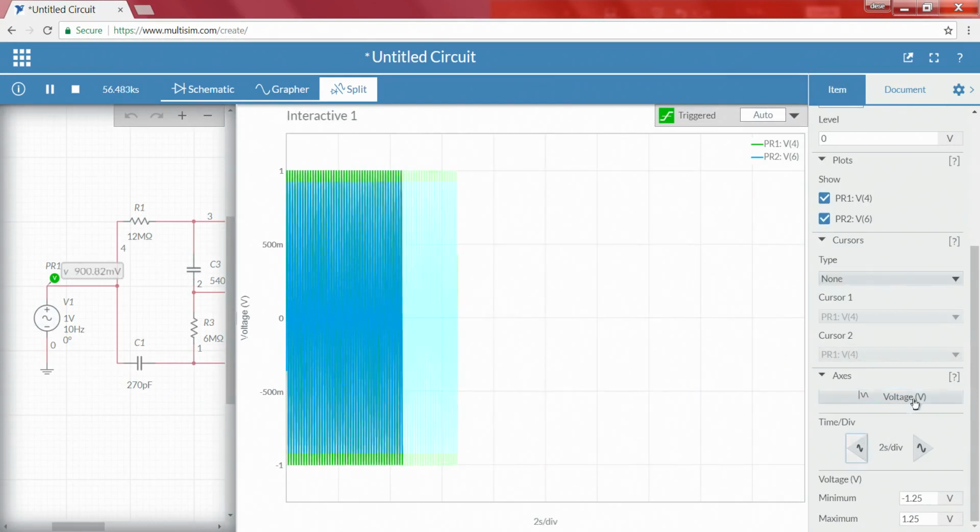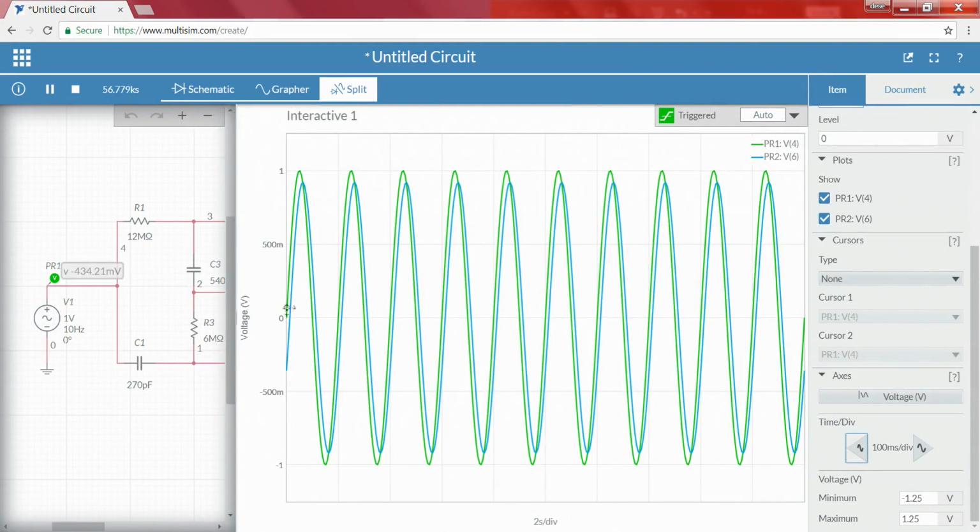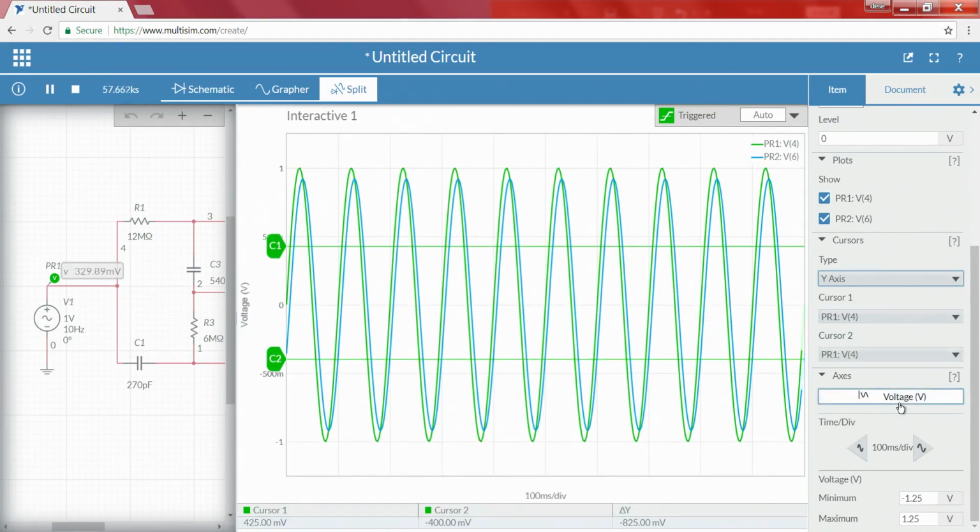Now, if you observe, let me change our time divisions. Here we can clearly see that this is our input, the green color, and this is our output. Now, how do we understand the particular point that we have to consider? In order to make it easy, let me create a cursor. The cursor point should be somewhere around 707 millivolts. Let me move very close to it, at this point. I just keep the cursor at 707. This is nothing but our 3 dB line.